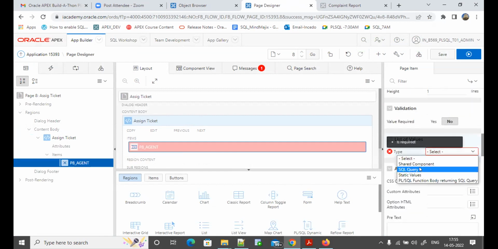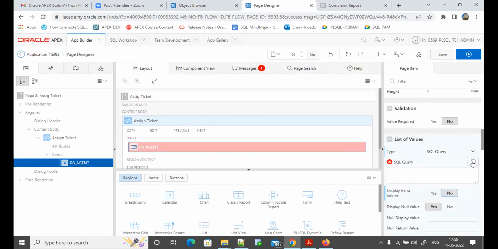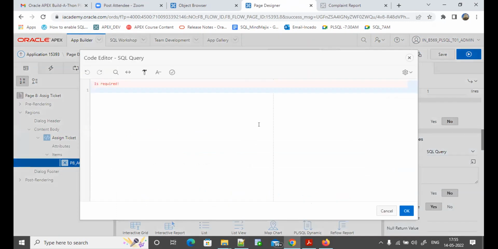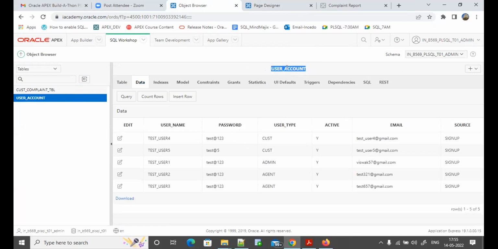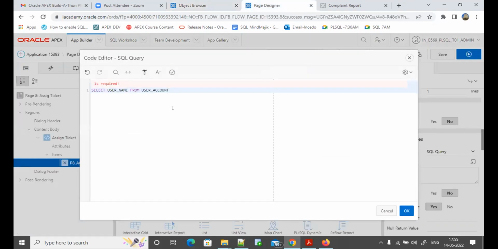Come down, select SQL query and then say select user_name from this table